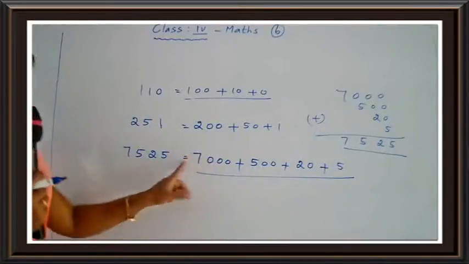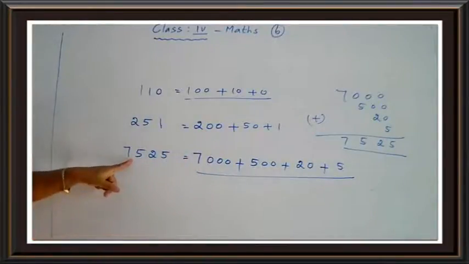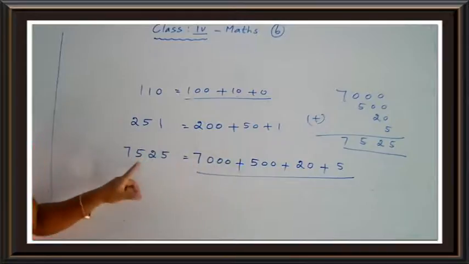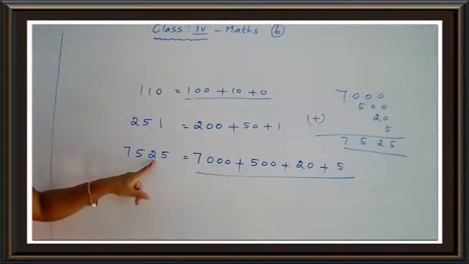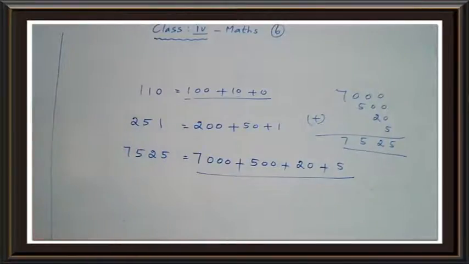So 7000, the place value of 7, plus the place value of 5, plus the place value of this 2, and the place value of this 5. So the sum of the place values of its digits, that form of the number is said to be expanded form, okay children, are you clear? Yes, okay. Now you write another one